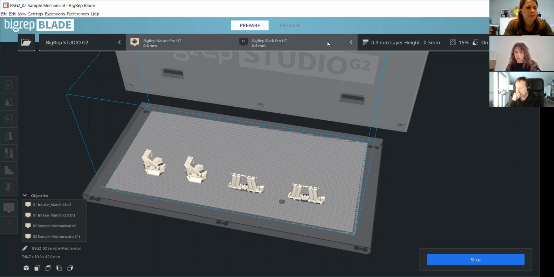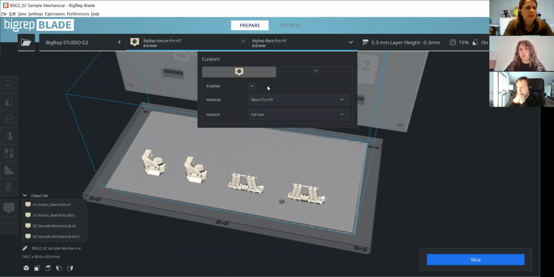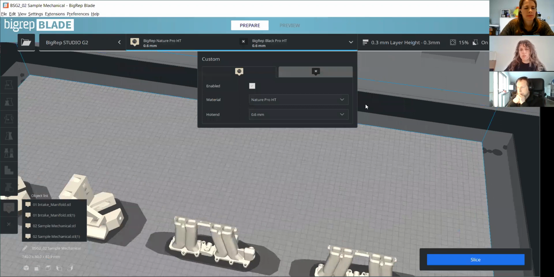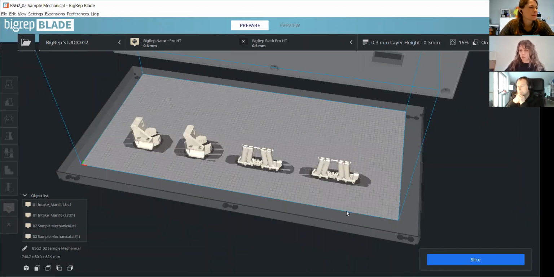Anyone else interested in knowing or really interested in using this tool, please feel free to reach out to me and Abby, and we can keep you updated as to when this will be available. So for now, in order to do this, I do have to deselect that one extruder. And then now it's ready to go. So now if I hit slice,